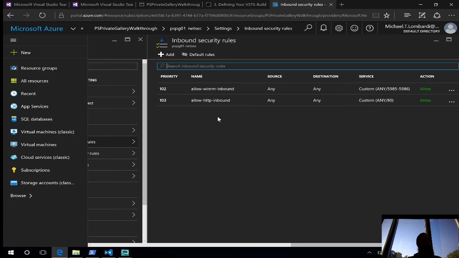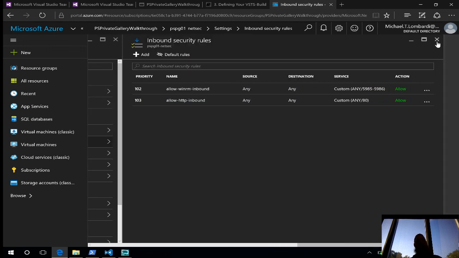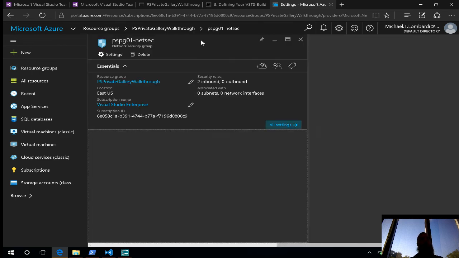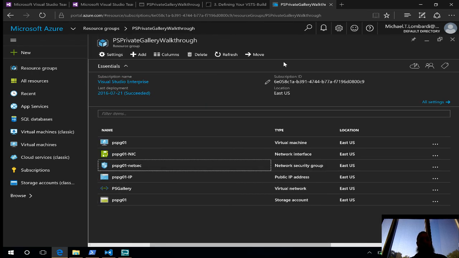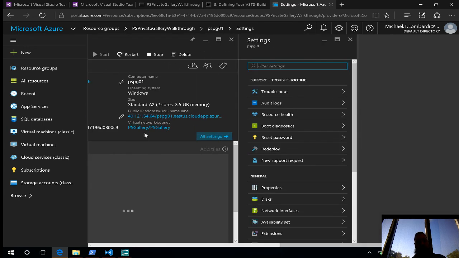So if we click on the security rules as an example, and then we click here, I want to see the inbound security rules because that's all we set. So we have two inbound security rules, one for allowing WinRM and one for allowing HTTP. Those are the only ones we set. Those were specified in that template. If you change the template and redeploy, it'll change these rules if you remove them, or it'll add new rules if you put new ones in there, or if we decided to allow HTTP inbound and HTTPS inbound, we could do that. But you can make those changes straight from the templates instead of having to edit here in Azure